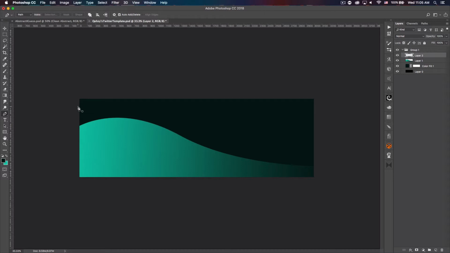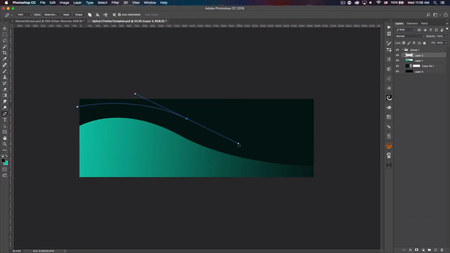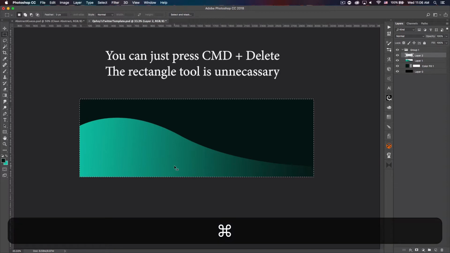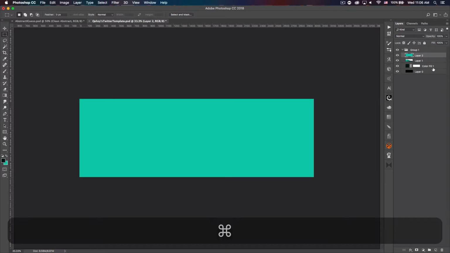So I'm going to click here and then click, probably should go down a little further. And actually, I'm going to delete this and go about it a different way. I'm going to delete that layer, and let's create a new layer. Get the rectangle marquee tool, fill your entire canvas here. I'm just going to press Command Delete to fill that whole background, and then Command D to deselect,